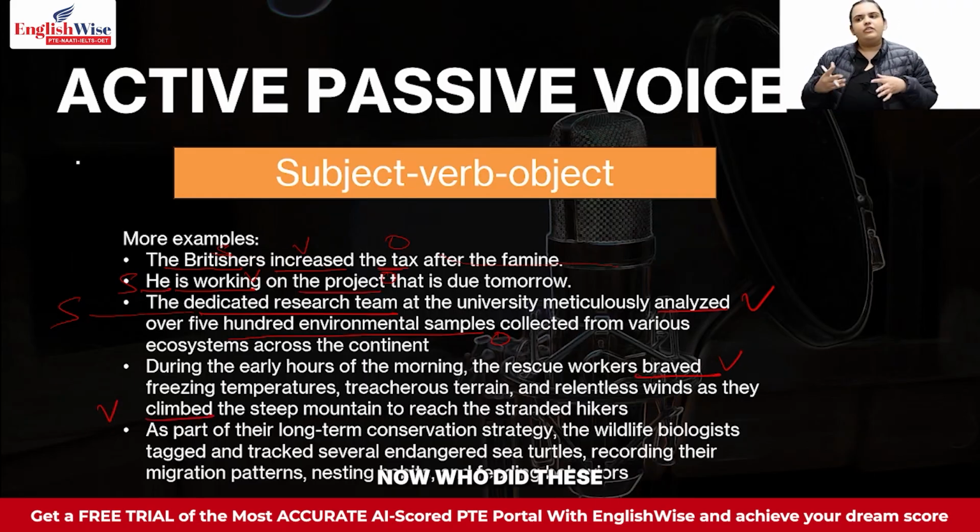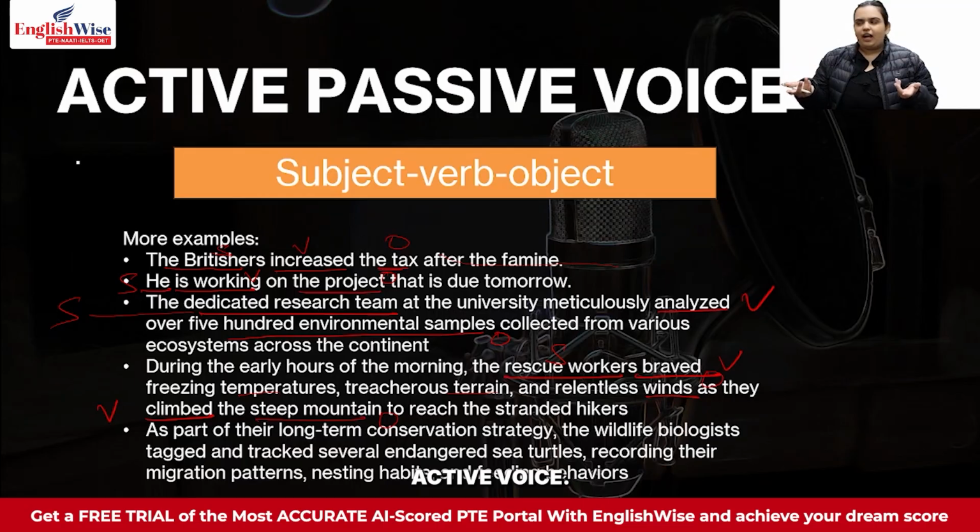Now, who did these actions of braving and climbing? That is the rescue workers. So the rescue workers are my subject. And what thing is the work done on? So the work is done on these kind of temperatures, terrain, and relentless winds, and climbing the steep mountain. So they are the objects over here. So you see, even this long sentence is in the form of subject, verb, object, and that is why